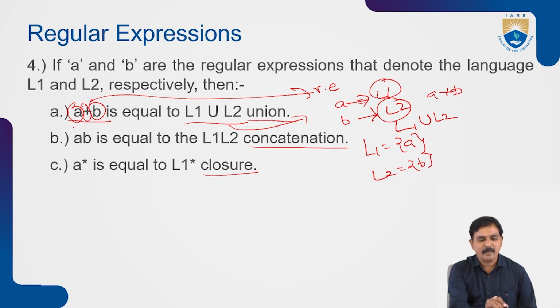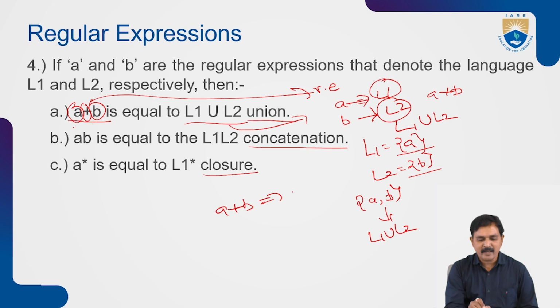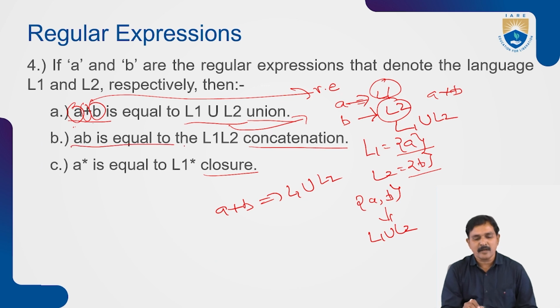And A plus B is not the addition operation. Plus indicates that you have to merge the elements, merging the first expression and the second expression. The first expression element is A, the second expression element is B. After merging, you get A, B. That means here you can indirectly apply L1 union L2. So remember, whenever you have A plus B, the operation you are applying is called a union operation.